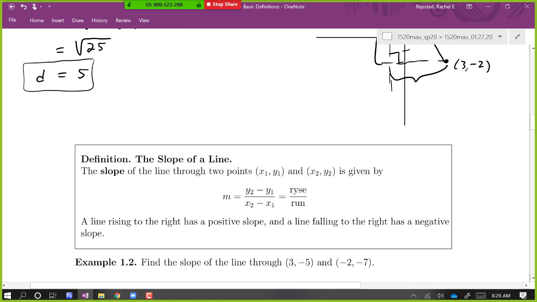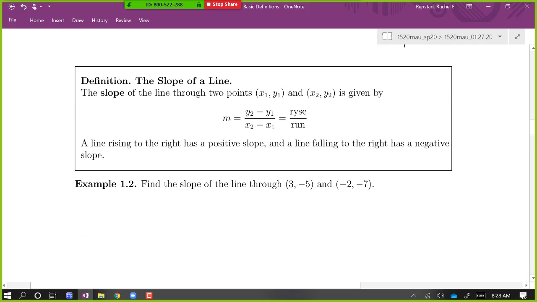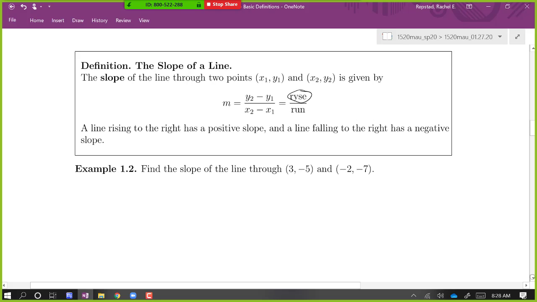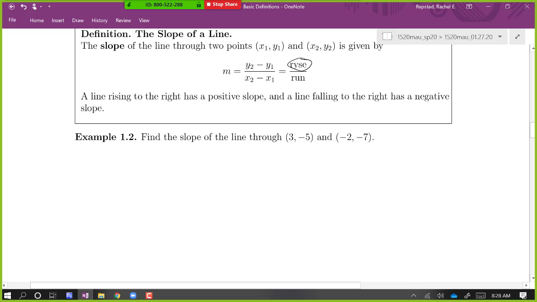Okay. So next, the slope of a line. I know you've seen this many times: change in y over change in x, or rise over run. I misspell the word rise on purpose to make sure we understand that the y's go on top. So we can find the slope of a line connecting these 2 points. I'm not going to belabor this process too much because we've probably done it a whole bunch. Again, I need one of my points to be x1, y1, and the other point to be x2, y2. It doesn't matter which is which as long as we're consistent. y2 minus y1: negative 7 minus a negative 5, so that's plus 5.